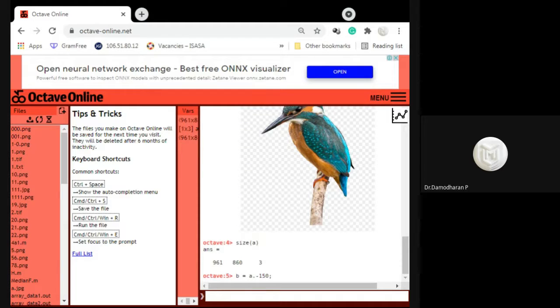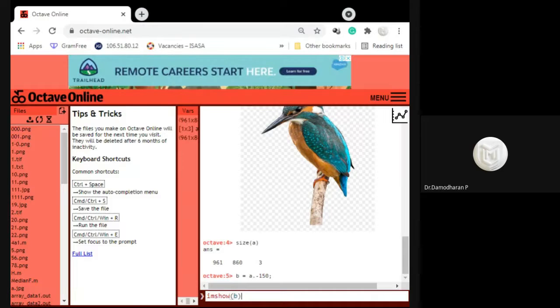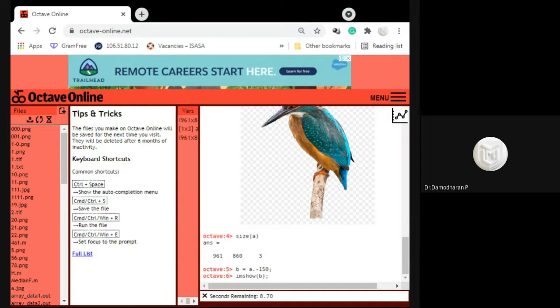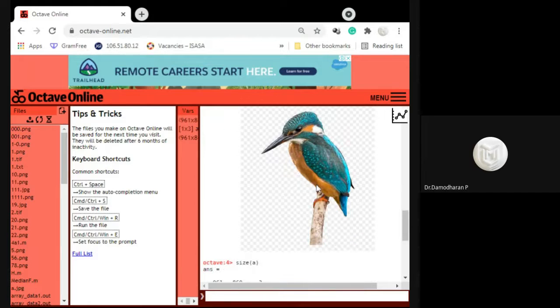Now I want to display the image. imshow of B, semicolon, enter key. You can see this is the original image of the color image set.